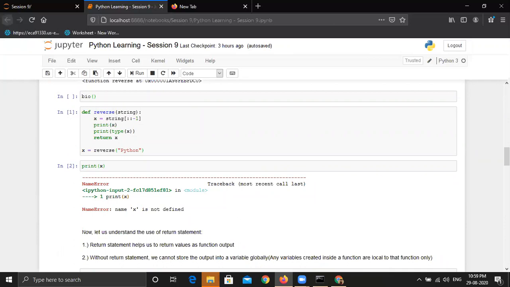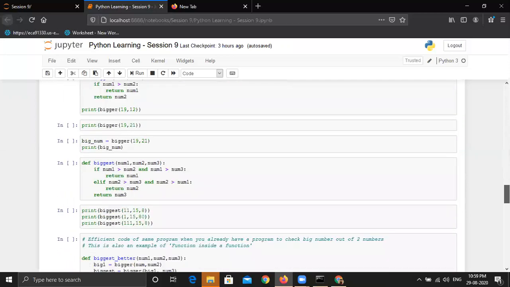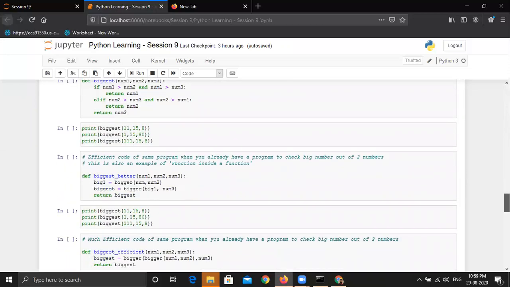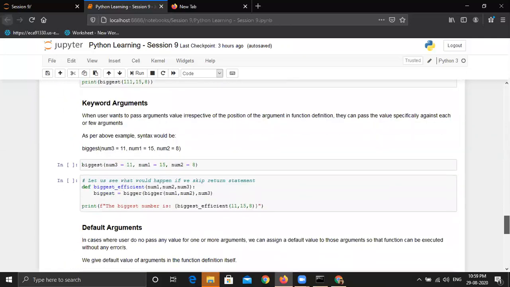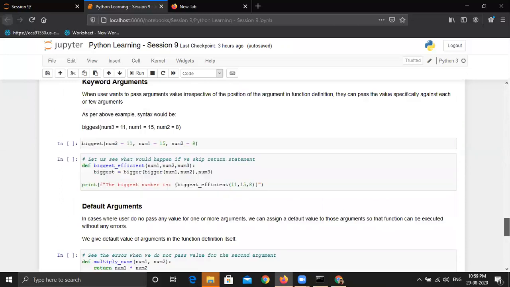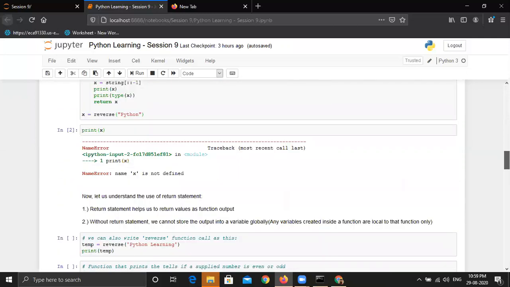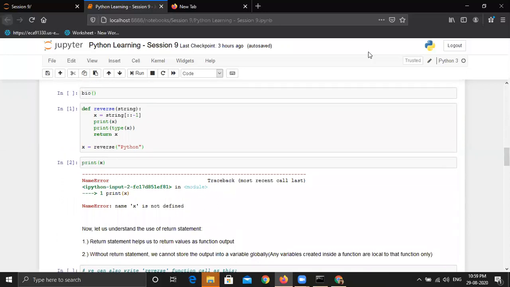Please revise the concepts till the last session, and today's session too, because tomorrow's session covers advanced concepts for user defined functions itself: different conditions, keyword arguments, default arguments, modularization, so many things. The forum is open for questions if there are any.